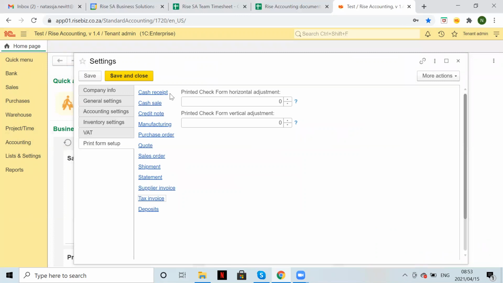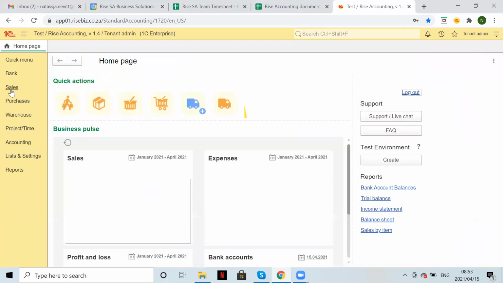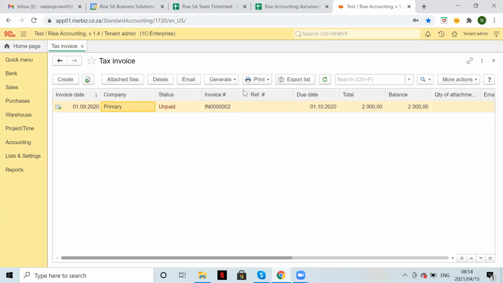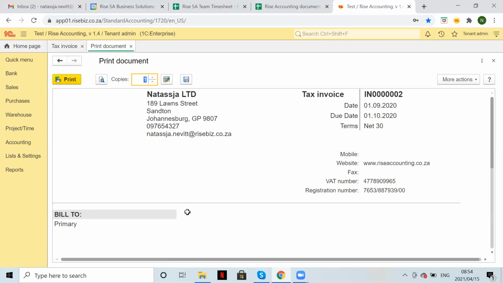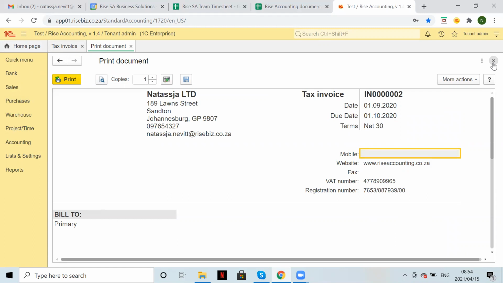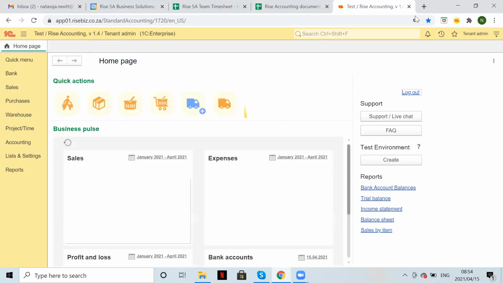All right, you can do the same thing to all of these print forms. And now I will show you how my tax invoice looks like. I will print it. And here is my tax invoice. As you can see, here is the information that I wanted to put in. Whatever information I didn't put in will be blank. And here at the bottom, I have my banking details. All right, and that's how we use the settings in Rise Accounting to set up your